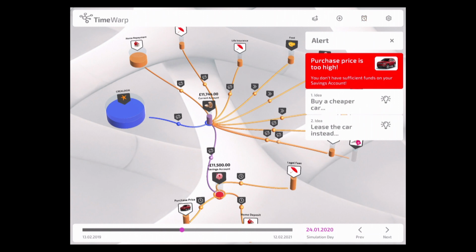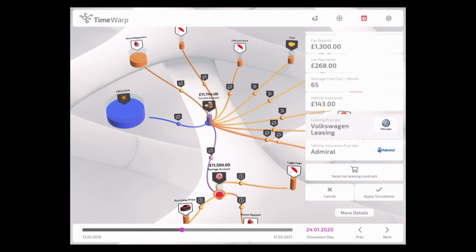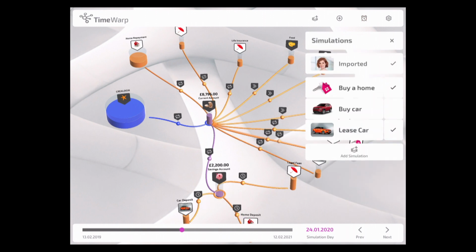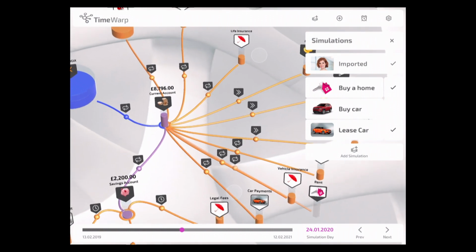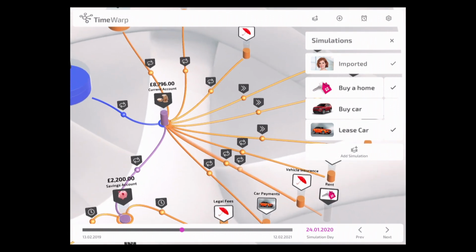So either I buy the car up to £2,000, or I can actually lease a car, which seems like a much better idea. So I'm going to see what that does. And this all looks fine. There you go. Look at your balance now. It remains positive. You can have a new home and a new car, Esther, in your new life. Fabulous. And if you want to experiment with other simulations, you can untick those templates. Just start again. Simple. That's the power of Time Warp.